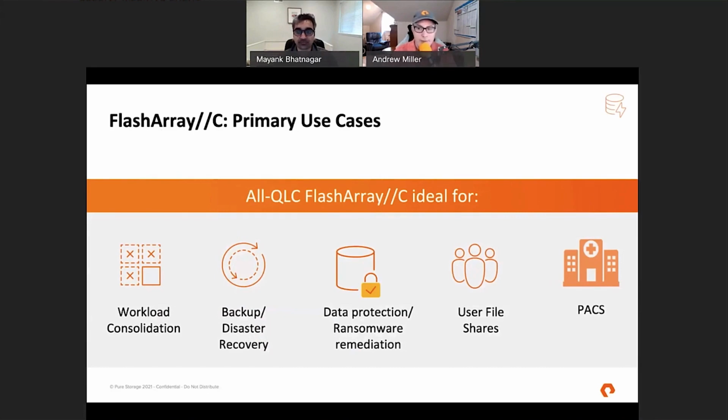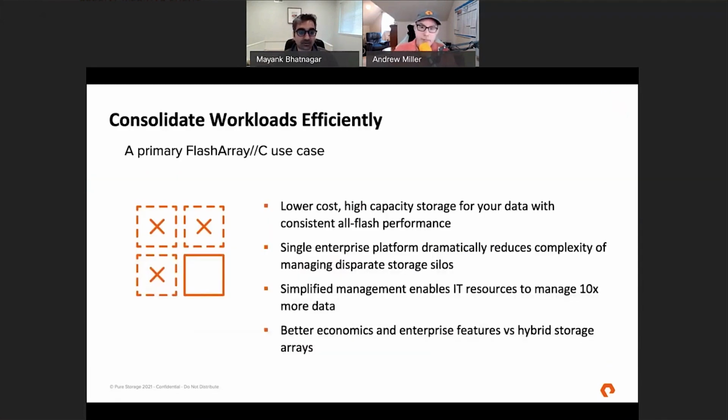There's a lot of vendors in that space, a lot that we partner with. Let's dive in. We'll go one by one. First, workload consolidation. So when we look at FlashArray//C, when we were looking at it before, you may have been